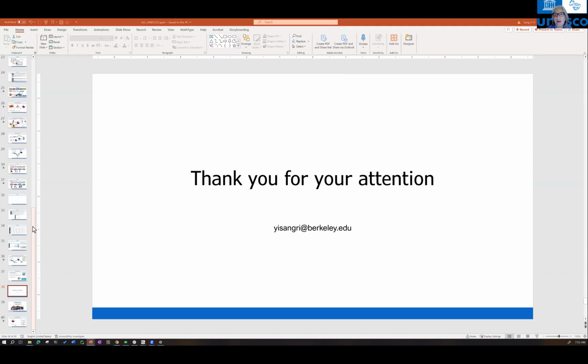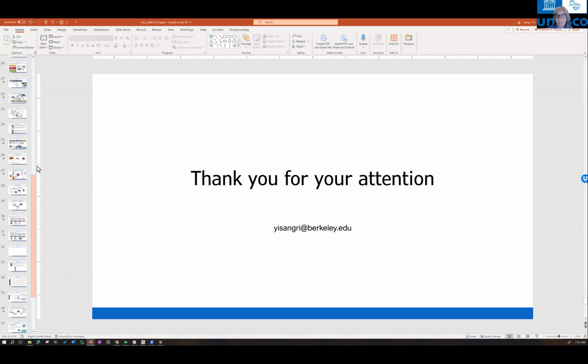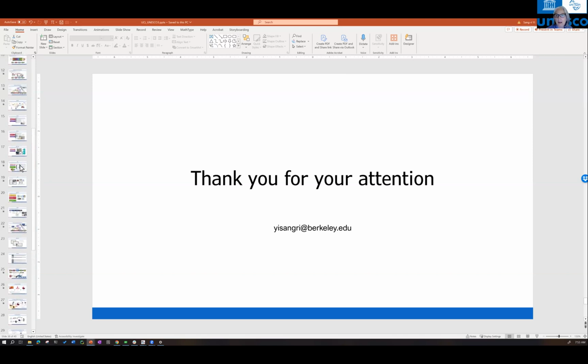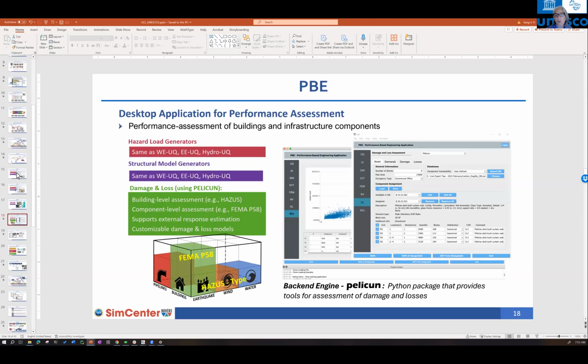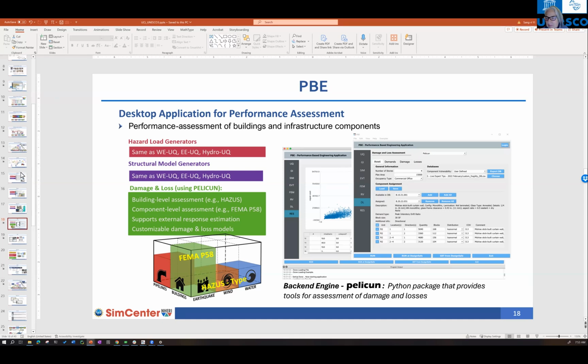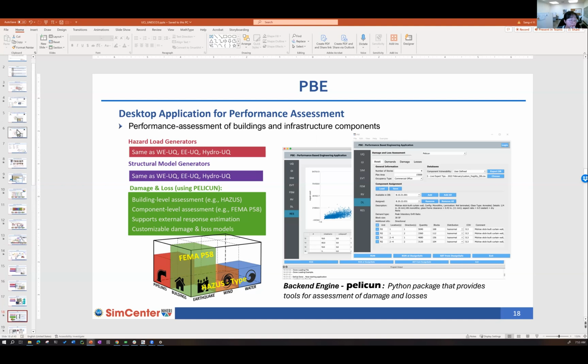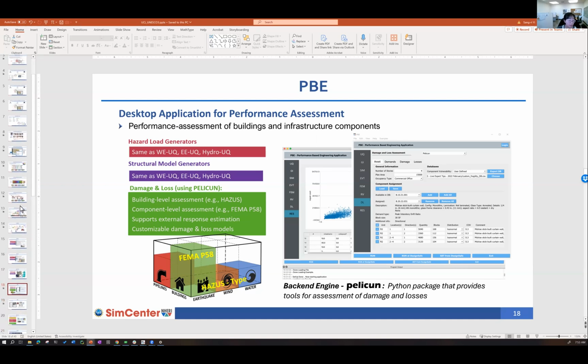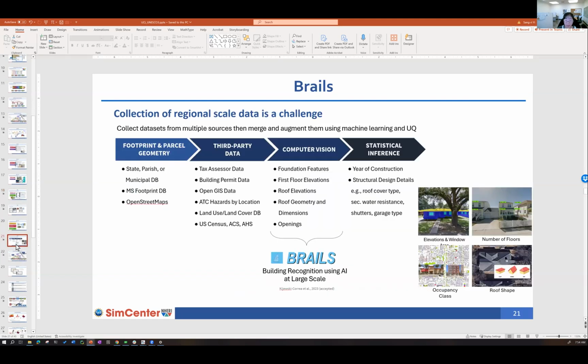Maybe you can answer, Sangri. In other words, what is the level and quality of data that you need in order to apply these resources? I see. So I do see some challenges in directly applying this to less developed countries, especially when they don't have a hazard simulation model and also a good inventory database. But I believe the inventory generation tools